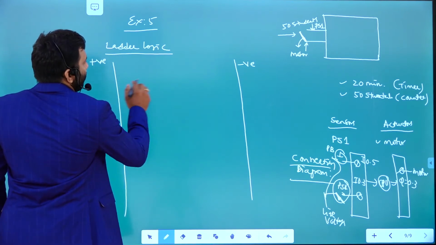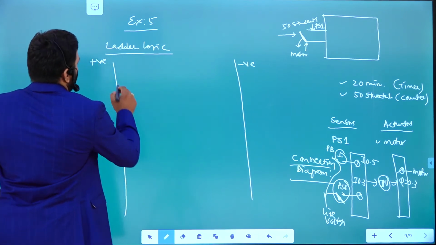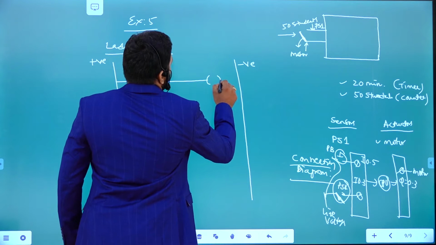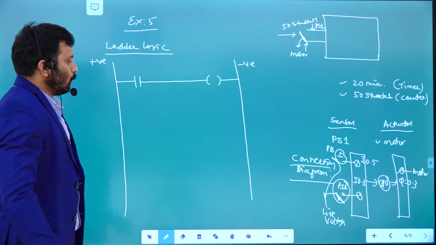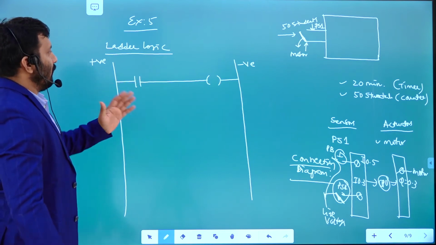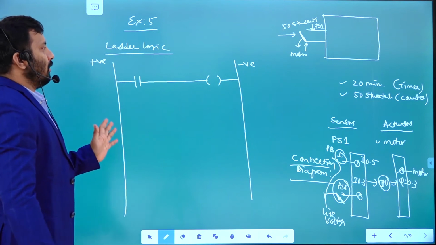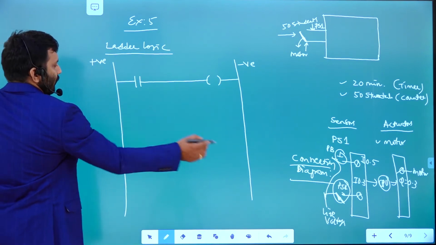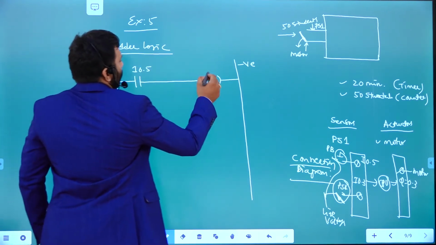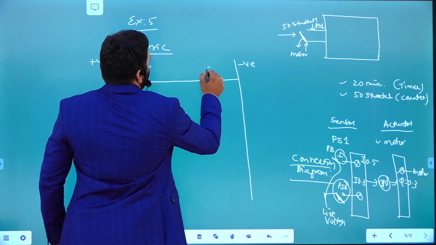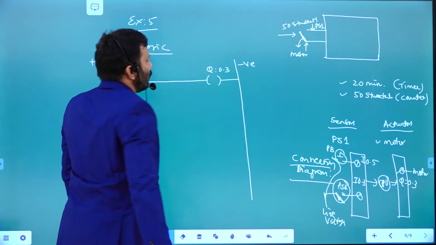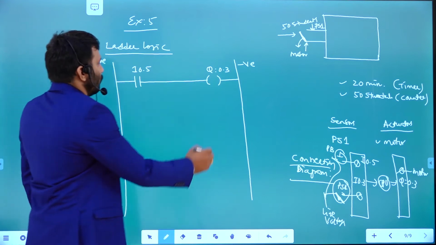Whenever you push this button, it is going to be on, that means the door opens. So what is the push button address? I 0.5. The output motor is connected to what address? Q 0.3, it's open now. It's a motor.